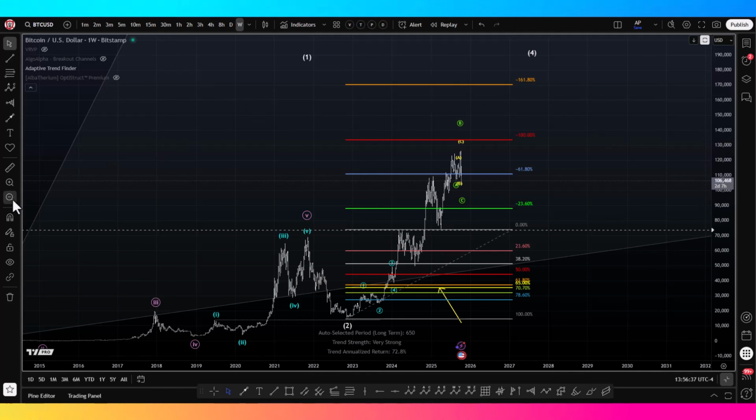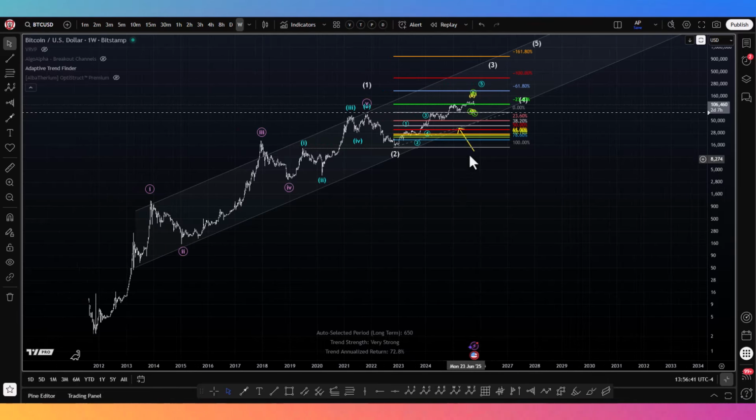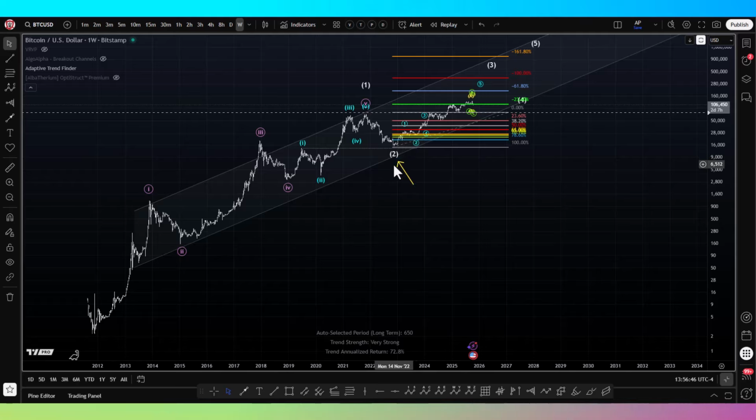So let me pull this back here. Let's go back to log scale and dig in here a little bit deeper. So that's the section we'll look at next, right? So I'm proposing to you, right? This is a count to consider. I'm never here to say my count is the right count. This is a count to consider that we completed the 1 here at 69, and at 15 we put in